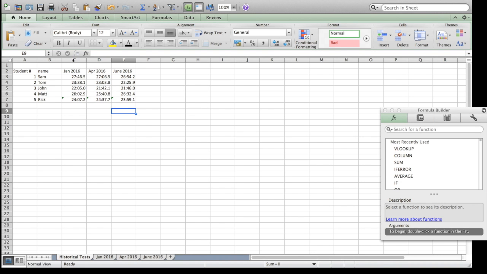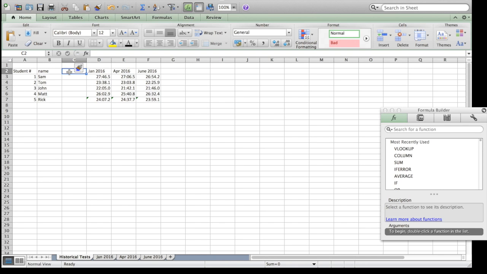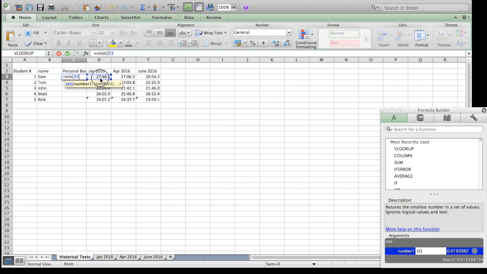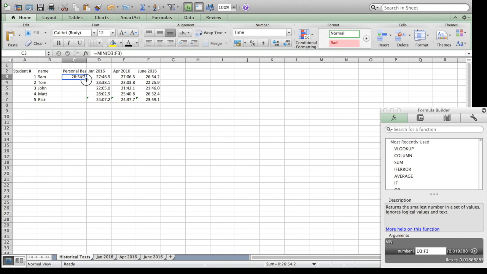So what I'm going to do, I'm going to insert a column beside their name. I'm going to call this their personal best, and I'm going to use the minimum formula, equals min bracket my range of cells, close the bracket, enter. 2654.2 is the lowest. Yes, confirmed it is the lowest. We're going to drag it down the column and across the rows, and here we have our minimum function. The formula is changed with every row